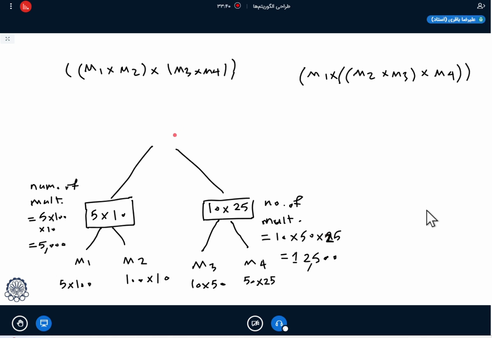Okay. And then a 5 multiplied by 10 matrix is multiplied by a matrix that has dimension 10 and 25. The result will be a matrix with dimension 5 and 25, and the number of multiplications